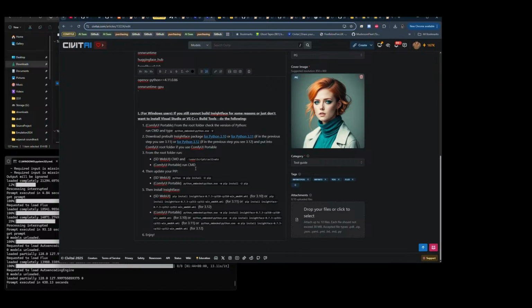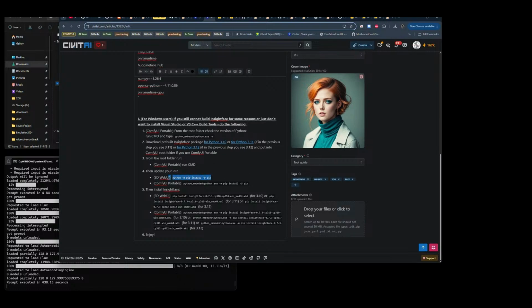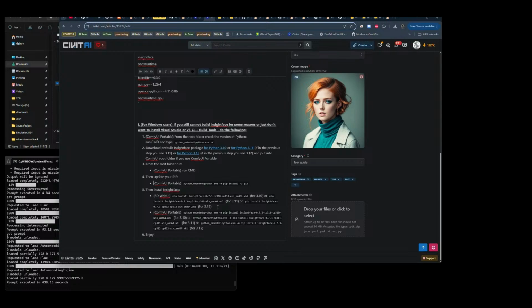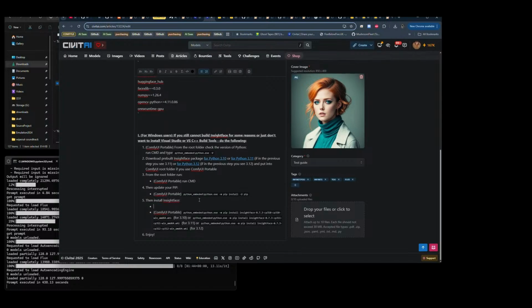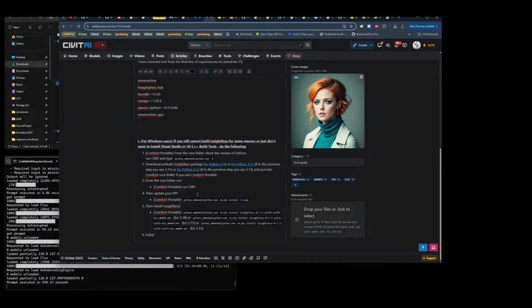Other than that, SD Web UI, we don't need that. I'm not about to start doing that again. My God, man, I remember doing tutorials for SD Web UI. I'll do it for one, but not both. You know what I mean? It's too much. I'll take on a lot, but that's too much. Okay,